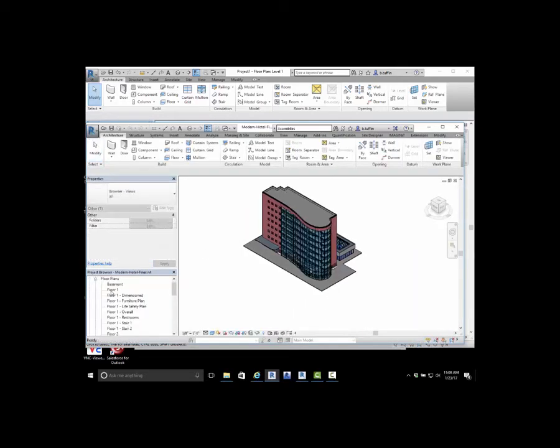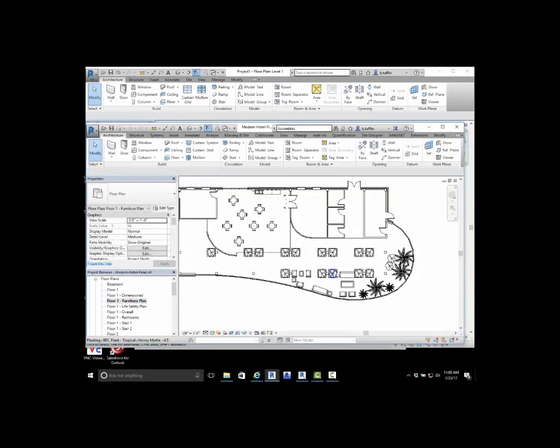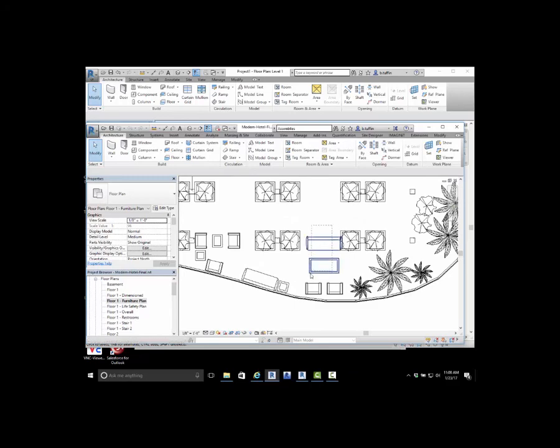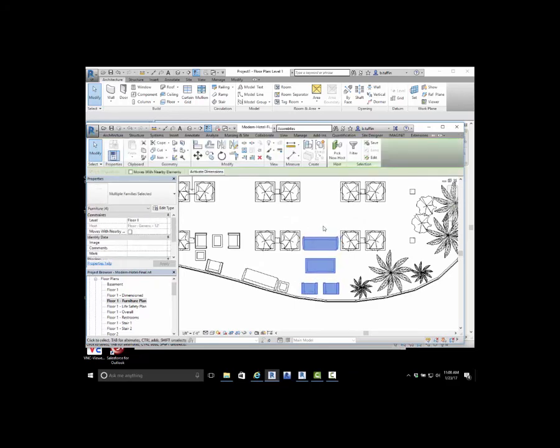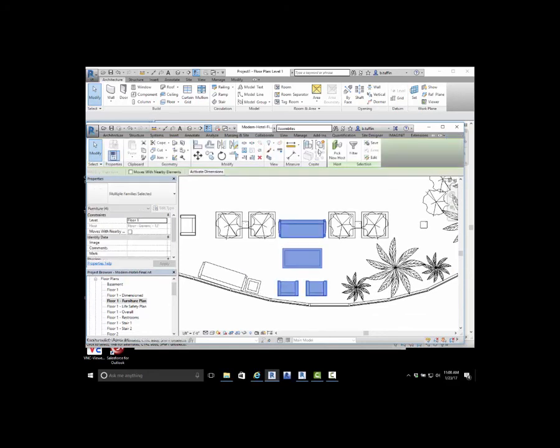And in the sample file, I'm going to take a look at a floor plan. Let's just do a furniture plan. Now, a lot of the times, if we have a standard setup here, say we're going to reuse this configuration multiple times in a building, a lot of people will want to go ahead and select things and create a